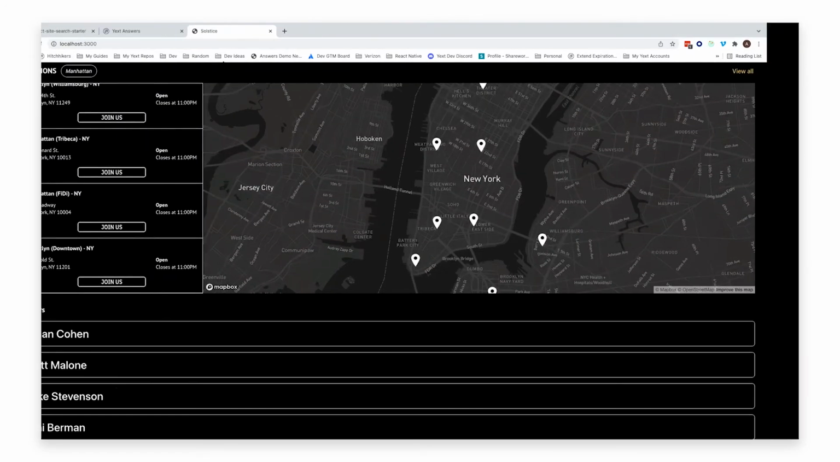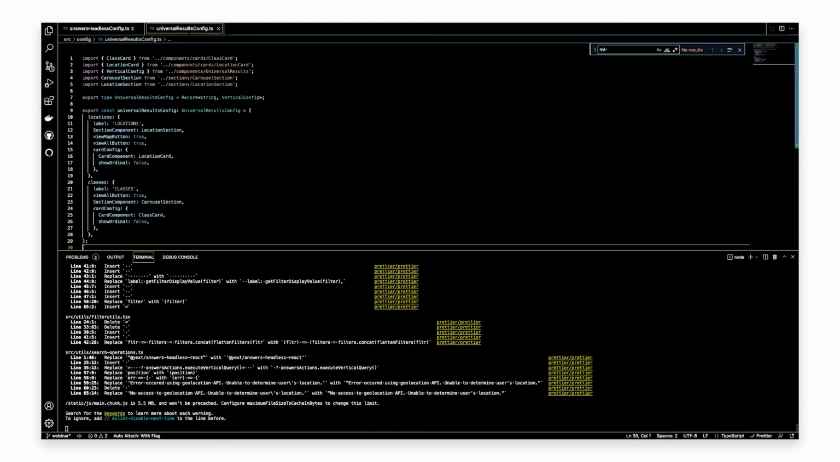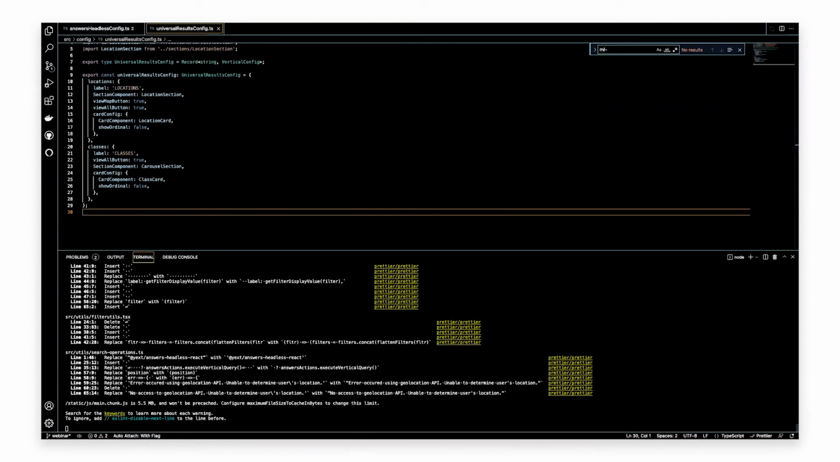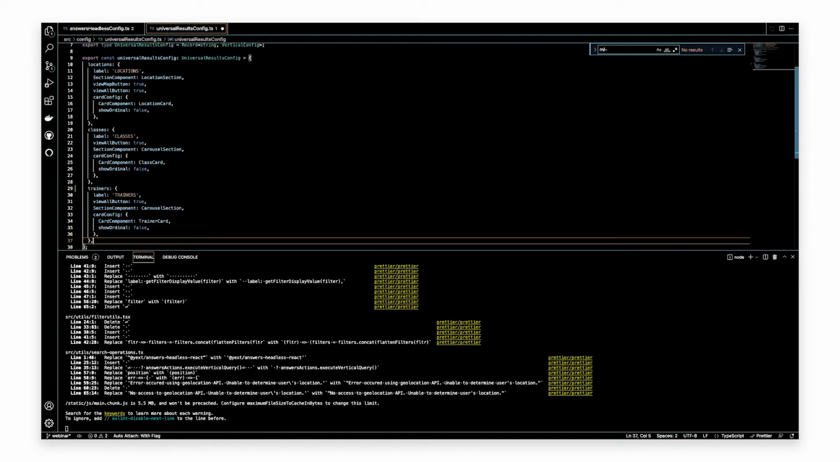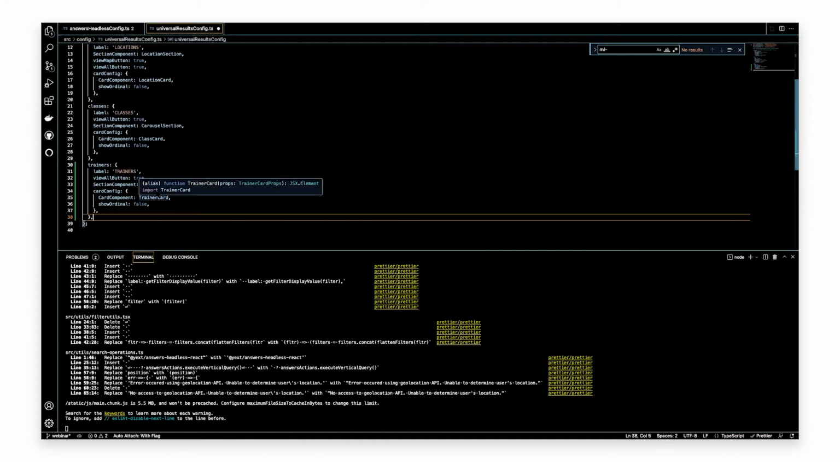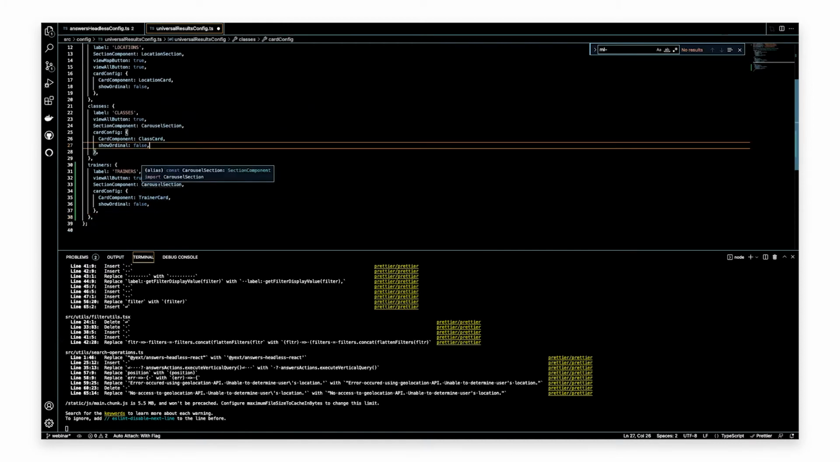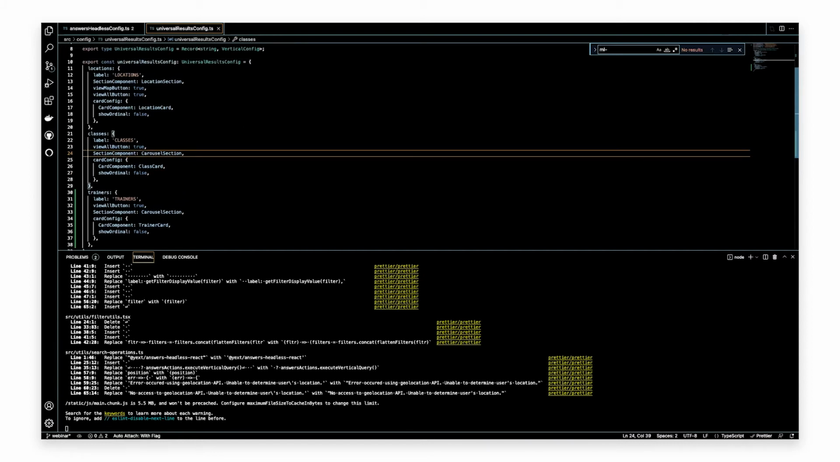So I can go over to my code and in my universal search results, I can customize the universal page for trainers, have it use the carousel section. I need to import my trainer card. I've written a custom trainer card component and I'm going to use the carousel section I'm already using for classes. So if I save that